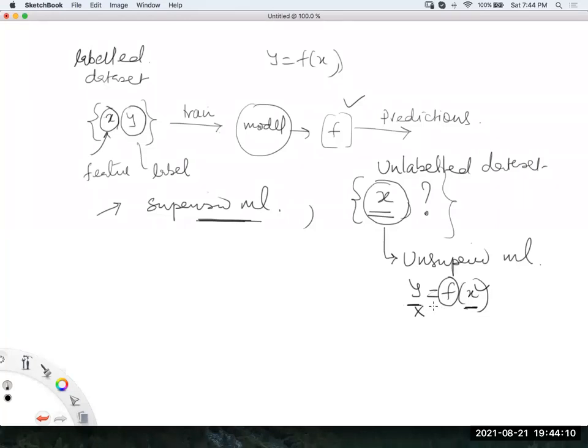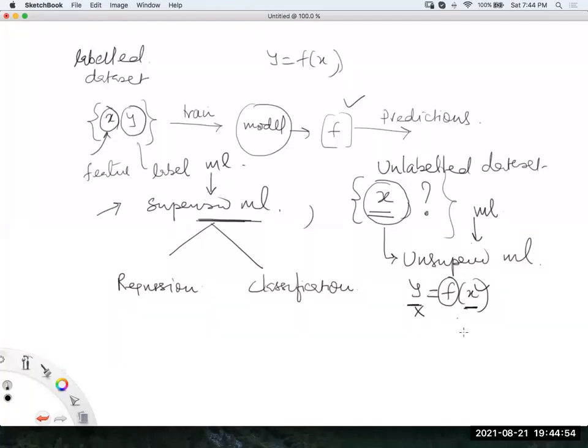Then what do we do in unsupervised learning? Guys, in unsupervised learning, we do different things as compared to supervised machine learning. So in supervised machine learning, what exactly do you do? Either you perform regression, that means you want to predict a number. Or you perform a classification, that means you want to predict a category or class. That happens in supervised machine learning. And obviously, supervised machine learning is one of the categories of machine learning, no doubt about it. Similarly, unsupervised machine learning is also a category of ML, but you have access to the features only and there is no label given.